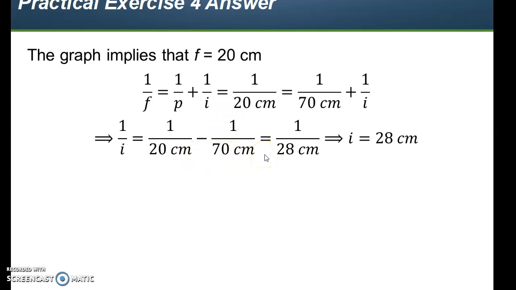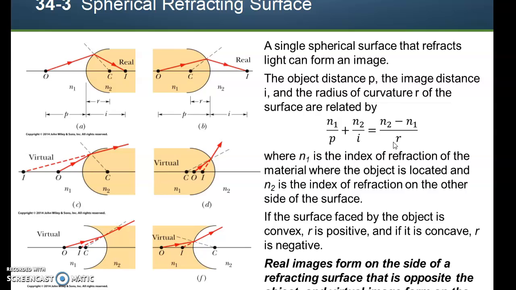And yes, it does turn out to be 50 centimeters over 1,400. And I did get 1 over 28 centimeters, so that i then equals 28 centimeters. A lot of times they're leaving them as fractions. I actually did the calculations out to make certain that the